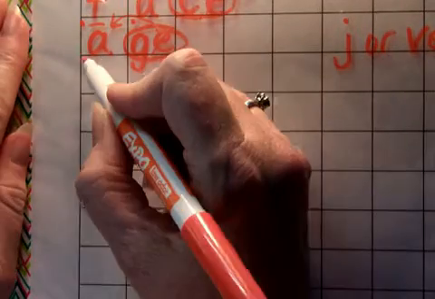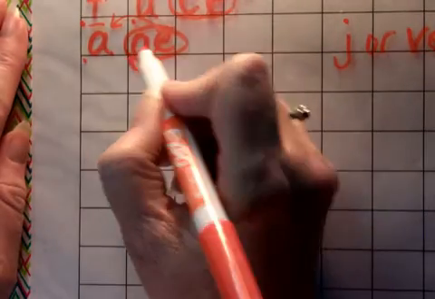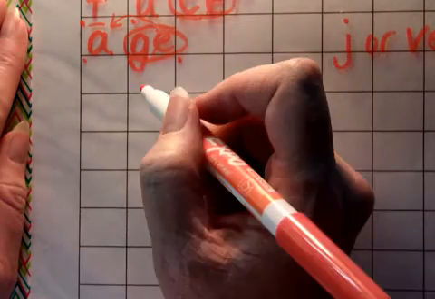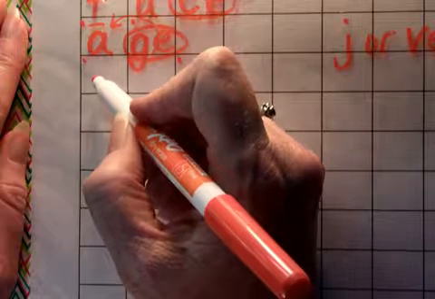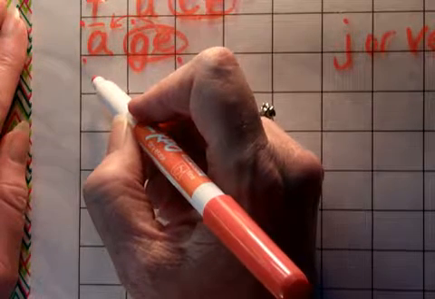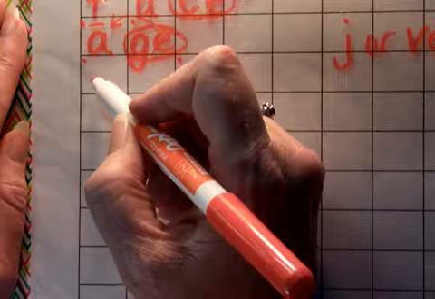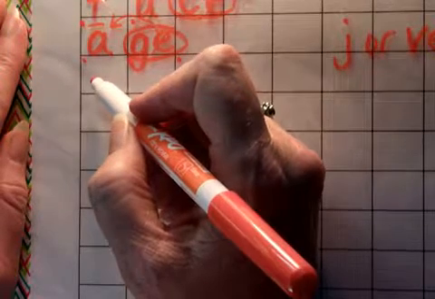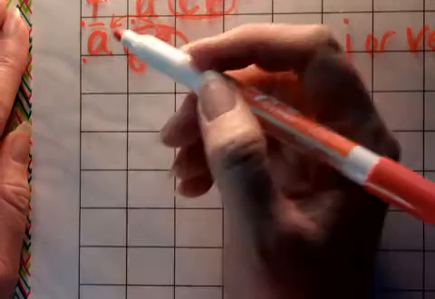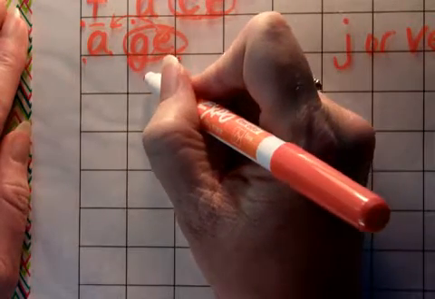The next word is going to be cage. The bird was in the cage. Let's sound it out. K, A, J. The first sound is K. Well, the C can say K, and the K can say K. If you don't know how to spell the word cage,